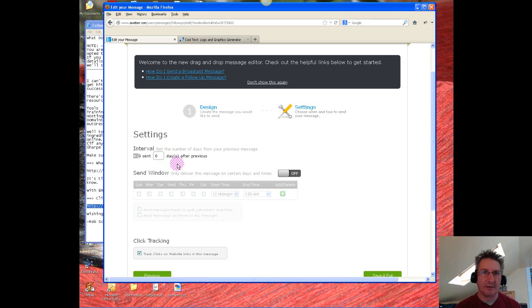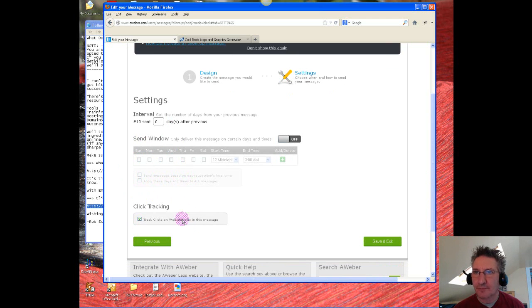So whilst they're reading whatever page you sent them to, or whatever video they're watching, this email's pinging into their inbox. You won't see this send window because you're not specifying a window. You're telling AWeber, send them bang straight away, send this email. So there's no specifying when it's going to go. It's going to go right there and then, as soon as they opt in. You want click tracking link ticked, and save and exit,